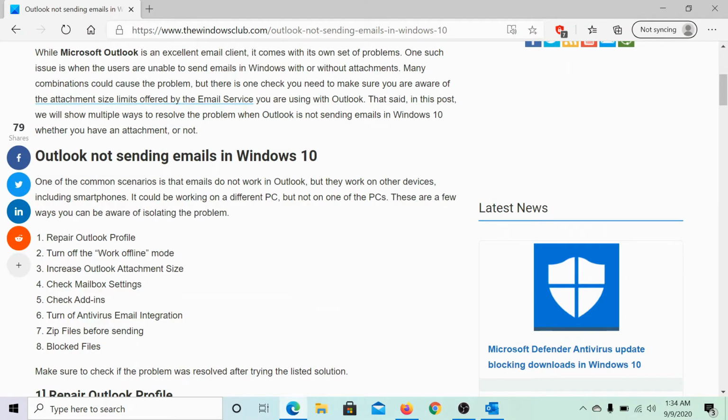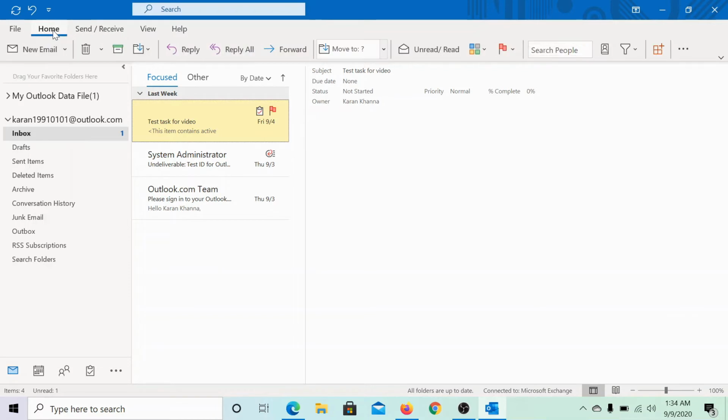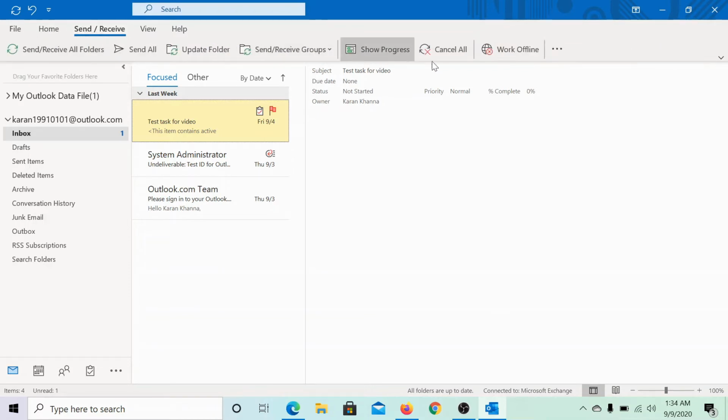The second option is to turn off the Work Offline mode. How do we do that? In the Send and Receive tab, the default one is Home. Go to the Send and Receive tab. You would notice this option which says Work Offline.